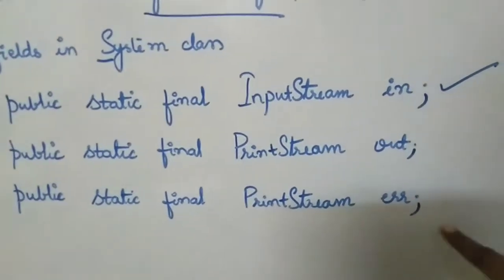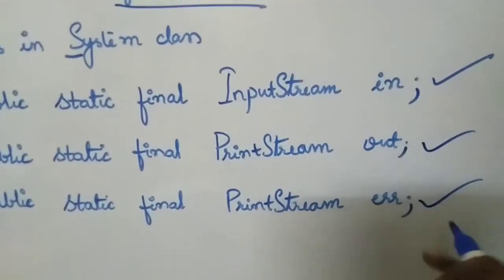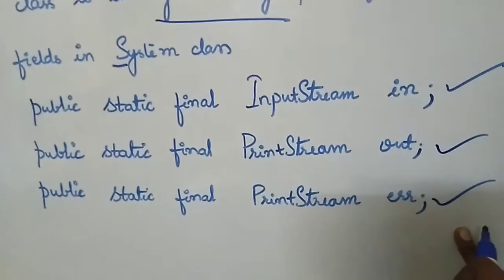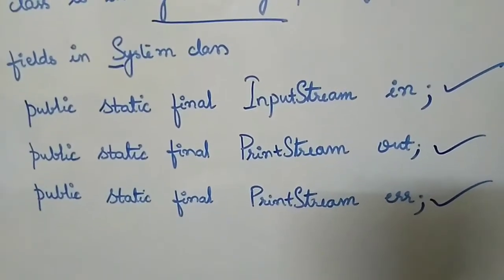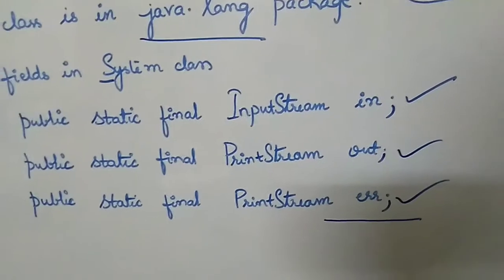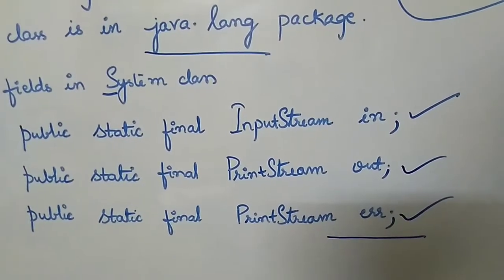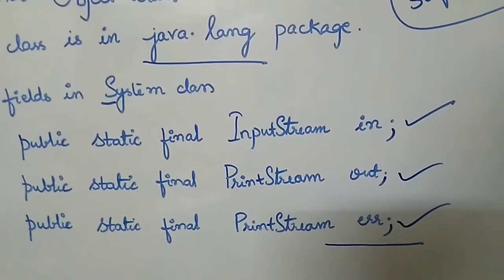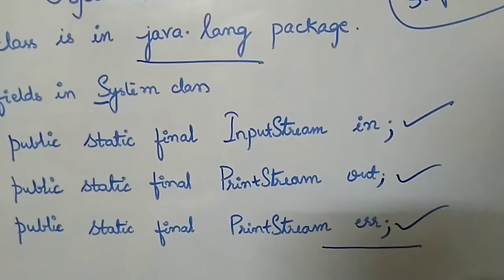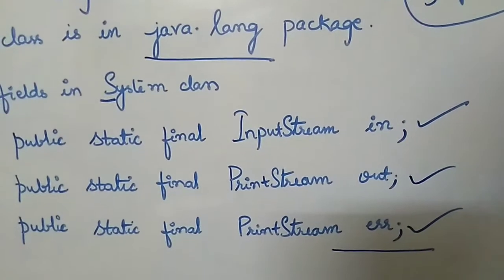This error display will be waiting to display the error messages or exception messages onto the display devices. Whenever there is certain information that needs the user's attention immediately, an error message is displayed on the display devices for you, and that is the purpose of this particular variable, which is err.